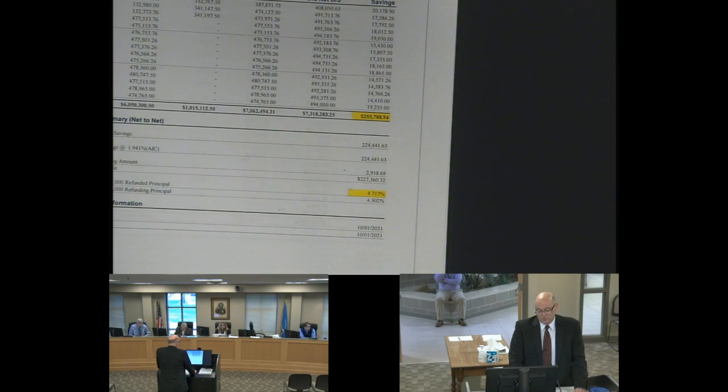Usually on my taxable deals, I've been doing advanced refundings, I'm looking at anything above 4% as a good trigger point. I mean, really, you can still use 3%. If you're saving 3%, that's still kind of the industry standard as a threshold. But again, that's a decision for the commission to make. I'm just bringing the information to you to make a decision, like I said. Thank you. And then, let's see,